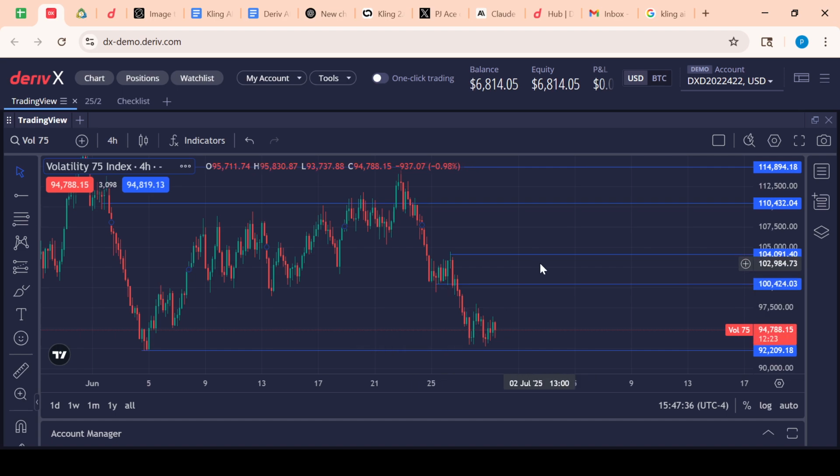We might also retrace to this area where we see a lot of volume traded, but there was not that much movement. This is what we mean by low expectation, because we don't know how it's going to turn out. At the same time, we don't want to be fixated on the idea that we must go back to that point, because we never know what the market is doing and what's going to happen.